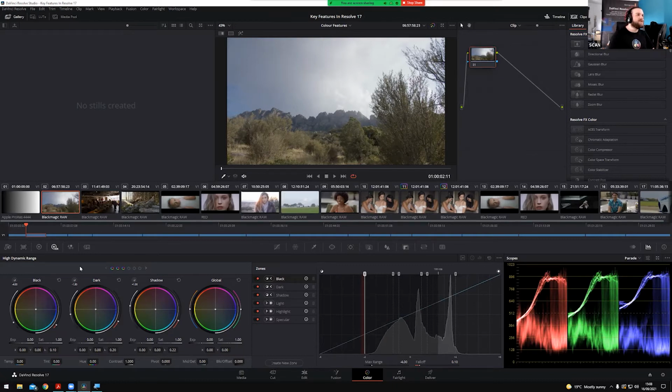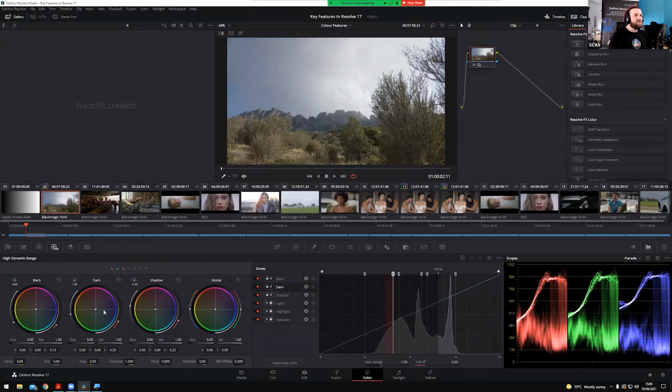So let's have a look. Instead of using the black control and changing the zones, I'm not going to dive into changing the zones and getting very particular with it. The last thing I'll mention on there is that you can create new zones if you want. You can create multiple zones to really get into fine adjustments. But we're just going to stick with the 6 that we have by default. So I'll go back to what I was saying before. I'll set my black point. So using the